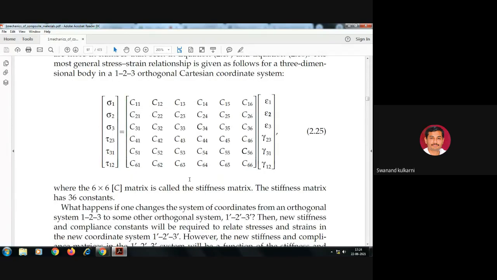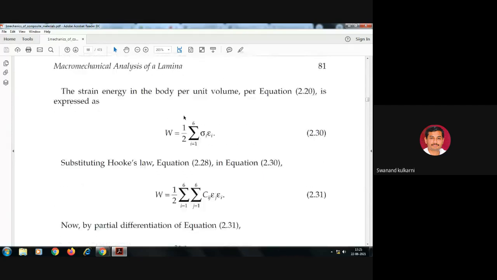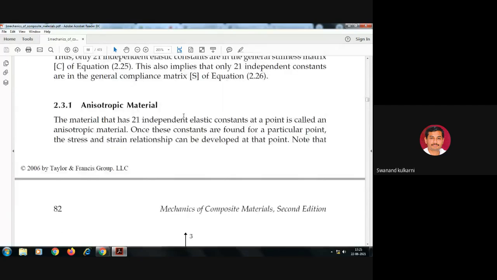Is it okay? So for the stiffness matrix, there are a total of 36 constants. So a 6 by 6 matrix is there. Each and every stress is related with each and every strain. That kind of relationship is given as totally anisotropic, because whenever the material is isotropic, we have seen that this particular matrix represents the stress-strain relationship,